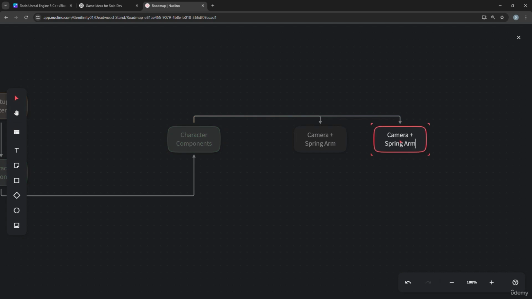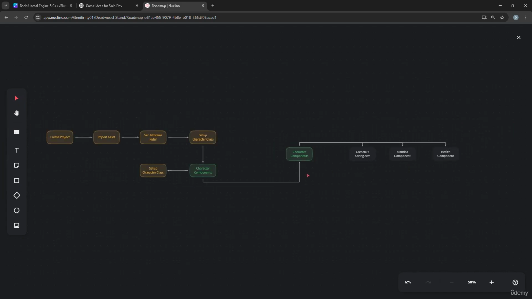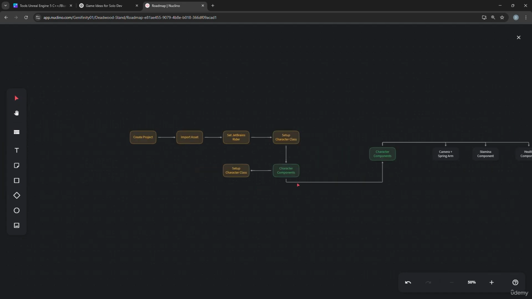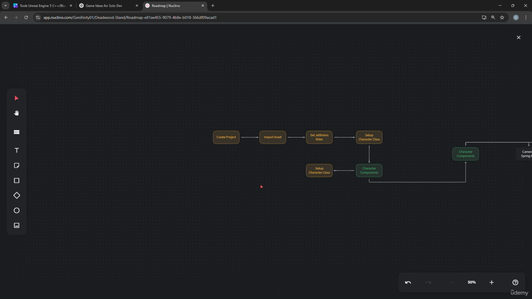There would be another component that would be, for example, a stamina. We can just make a stamina component. I'll just give this a name, stamina component. And also we can have a health component. Just simply copy and paste this, and we can rename this to something like maybe health component. There you go. Now you can see we have a very simple structure, and this will help us understand what